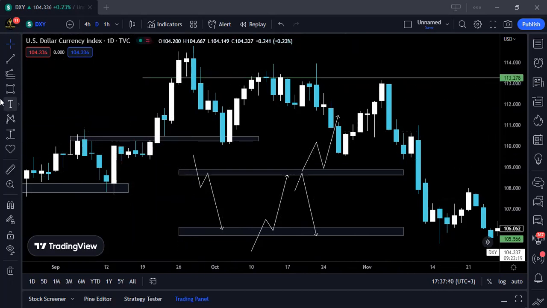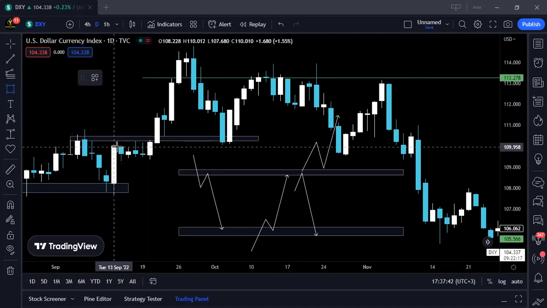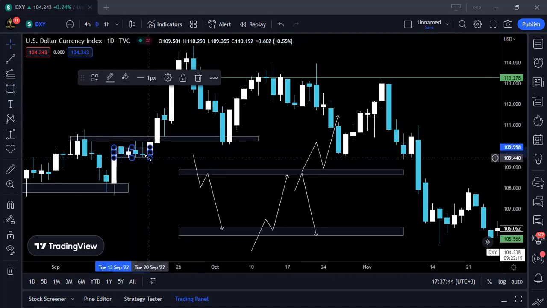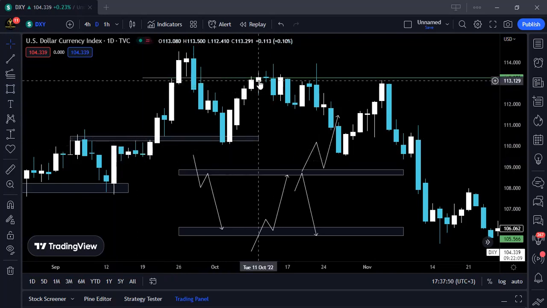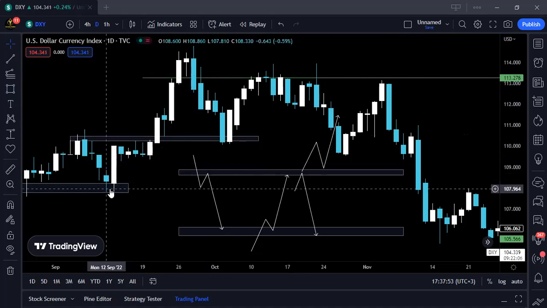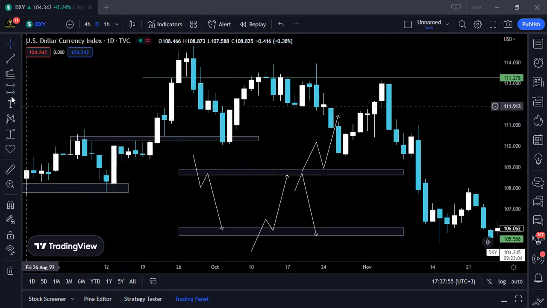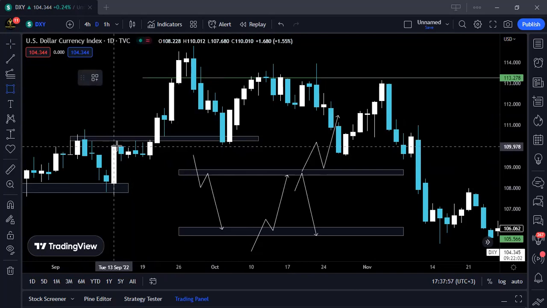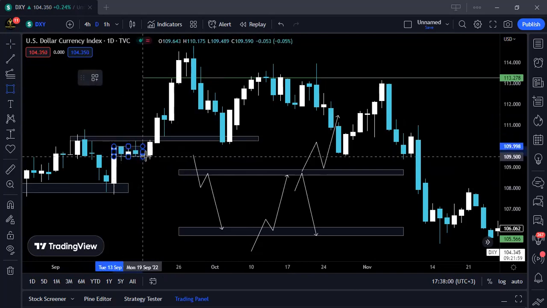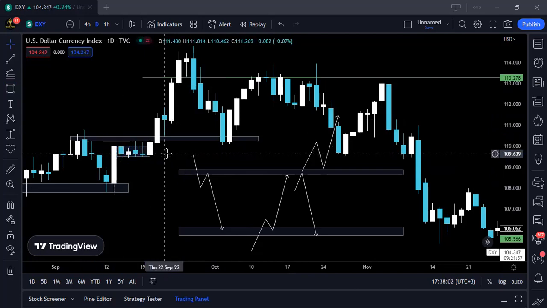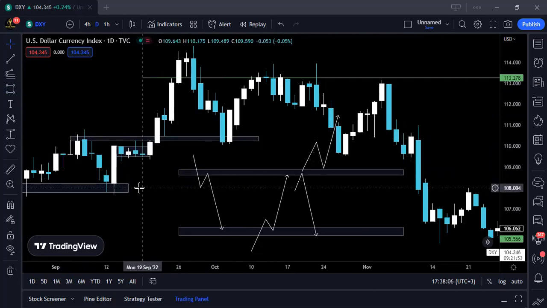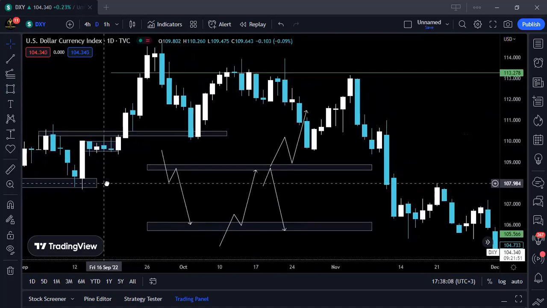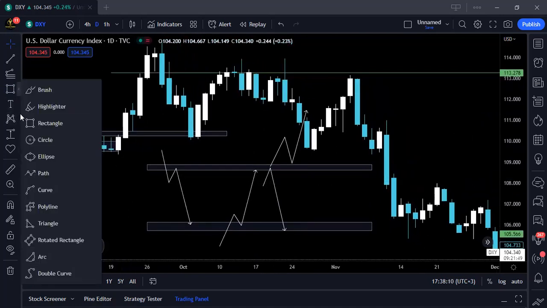So I know you all might have a question like, what about this? Does this mean the strength was being lost? No. Look at the difference between this and this. This one right here shows a strong impulse move, and then this is a correction. Now, for those of you that have been in the trading industry for a while or have been in the channel for a while, you understand what I always say. The market moves in a behavioral pattern, right? So the market either moves